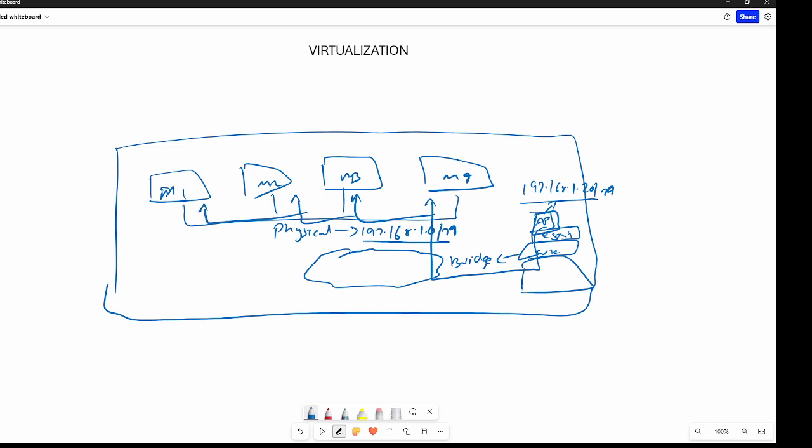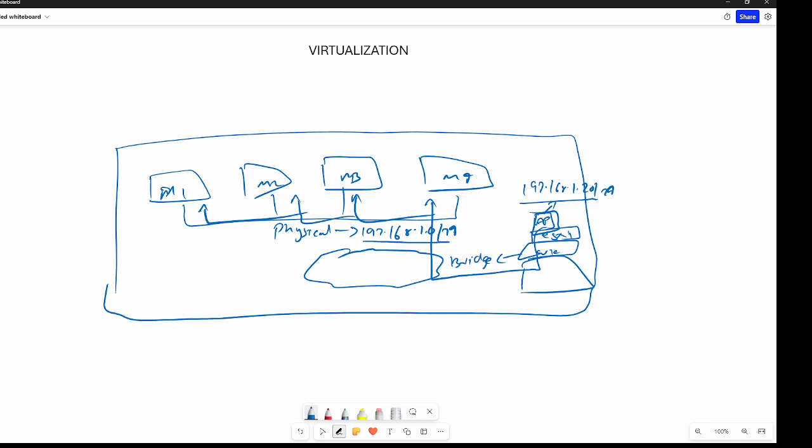So you're not only doing virtualization of the machine or a particular application, you're also virtually mapping your traffic, your networking, your adapters. You are deciding in which direction the virtual machine should communicate with the outer world or the physical network.